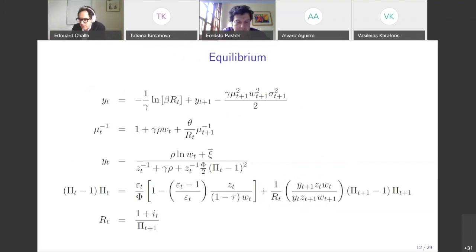What is new, what is different from the rest, is these two equations that give you aggregate demand. And aggregate demand is determined also by the marginal propensity to consume, which is forward-looking for the reasons I've explained. But the trick here is that we have a large number of agents. We have infinitely many agent types, but aggregate demand is still summarized by those two equations. Okay, so this is where we get a lot of tractability.